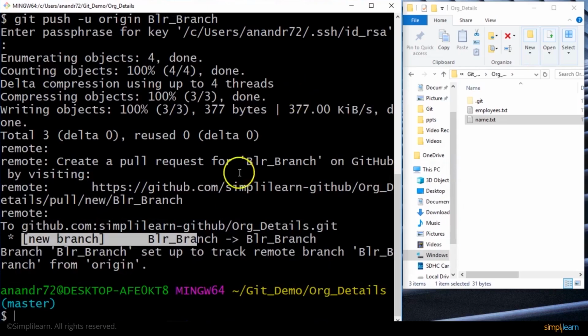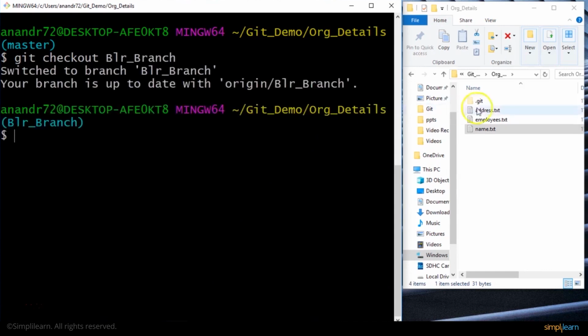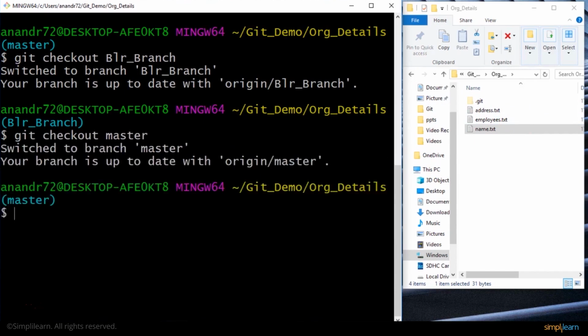Wonderful. Now let me try to get the changes from the branch that I created back into the master branch. That is what I mean by merging. I want the changes from the Bangalore branch to come back into my master branch. So if I do git checkout Bangalore branch, I see this address.txt. This is there only as a part of the Bangalore branch. Now assuming that I'm done with the changes from the Bangalore branch, I want to get those changes back into my master. So let me come back to my master branch, and the way to merge in the changes is